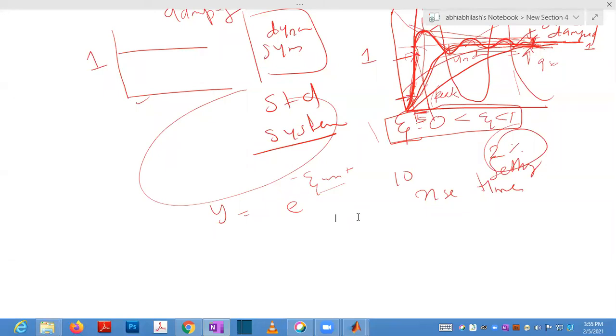And is a sine wave bounded or not? Yes. There is one analysis called sinusoidal analysis or Bode response, where you use a sine wave. That is also a bounded input.